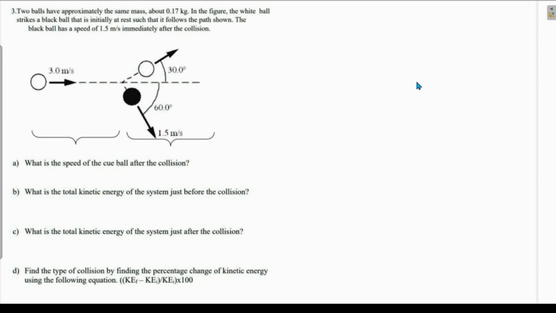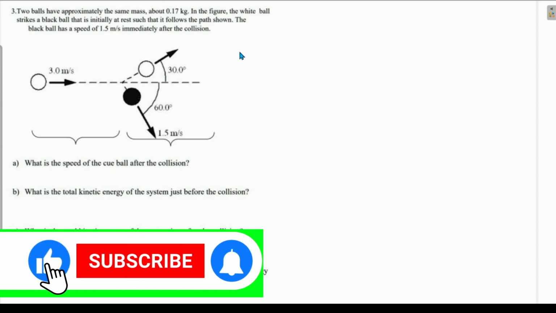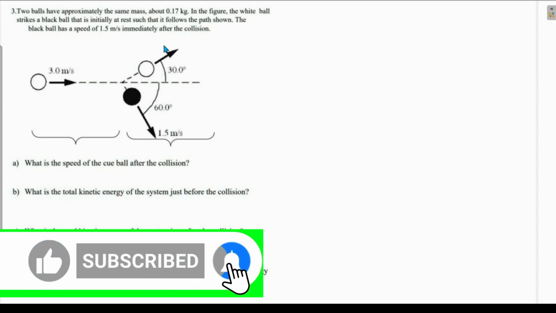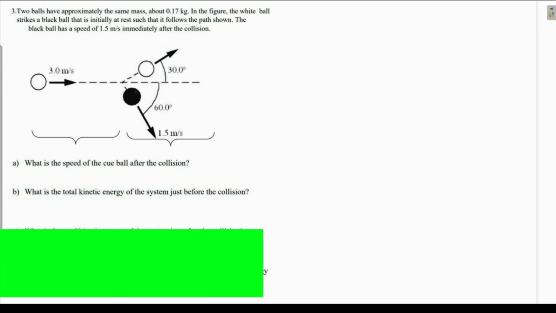Question. Two balls have approximately the same mass of about 0.17 kilograms, and in the figure, the white ball strikes the black ball that is initially at rest, such that it follows the path as shown. So the white ball strikes the black ball that was initially at rest, and after collision, they follow these paths